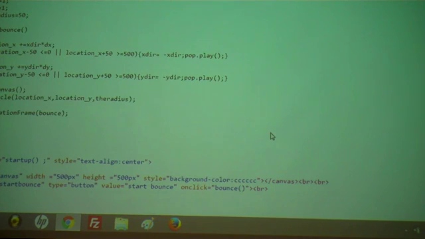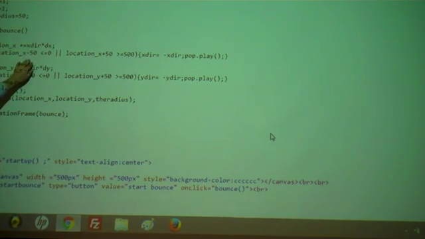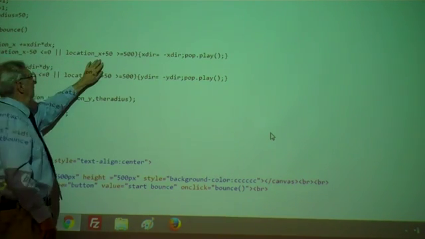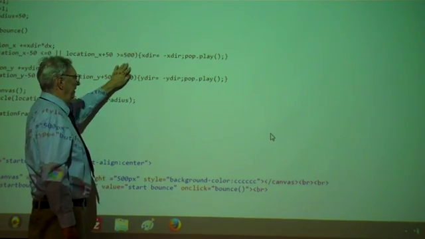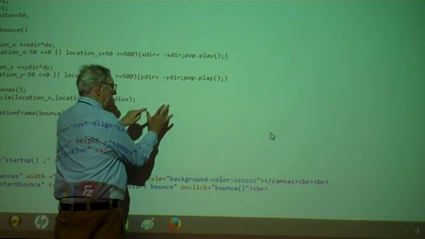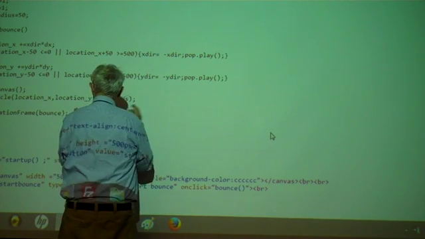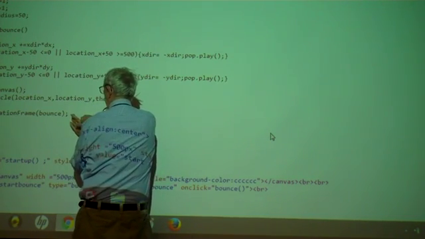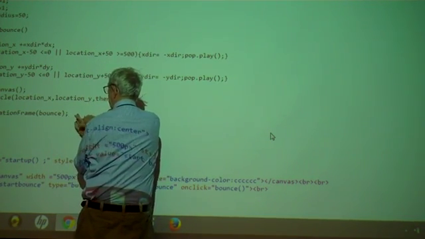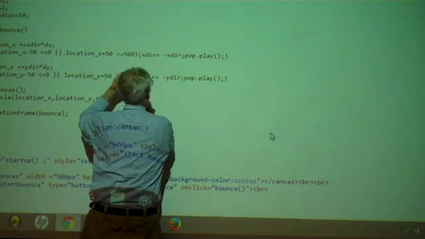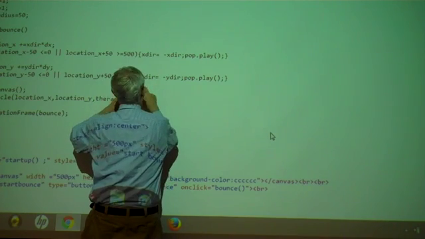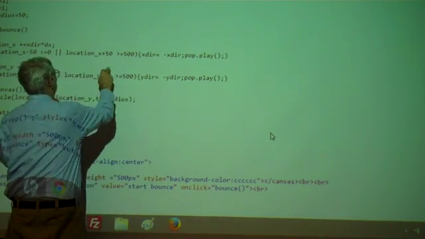Now, and then it says if the location of X minus 50 is less than or equal to 0, or the location of X plus 50 is greater than or equal to 500. What I'm saying is the ball moves to the left wall, and it's got a 50 radius, and when it bounces into that wall, when that bounces into the ball right here,